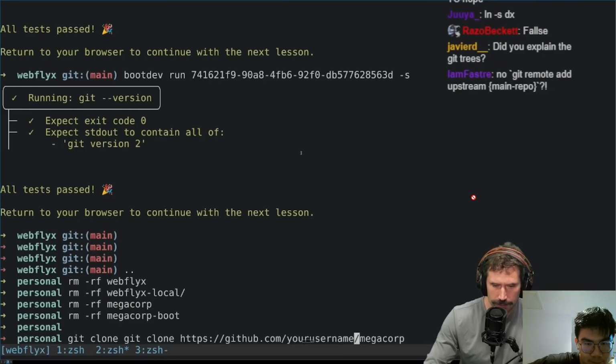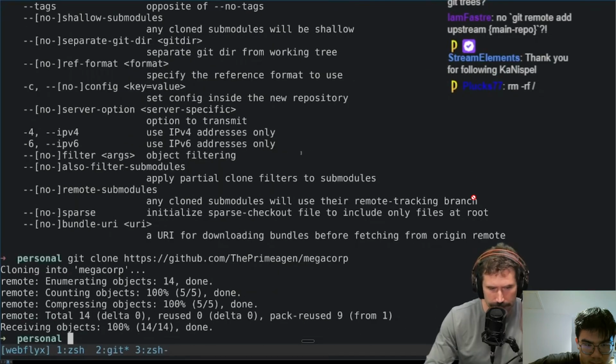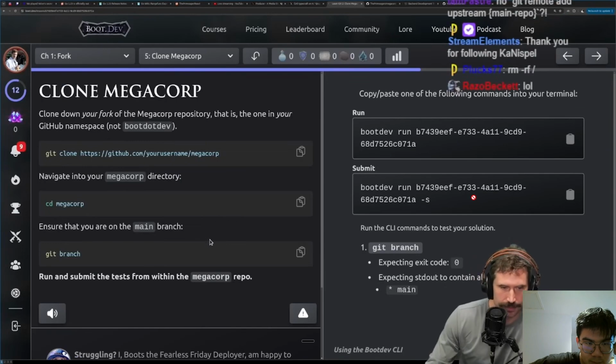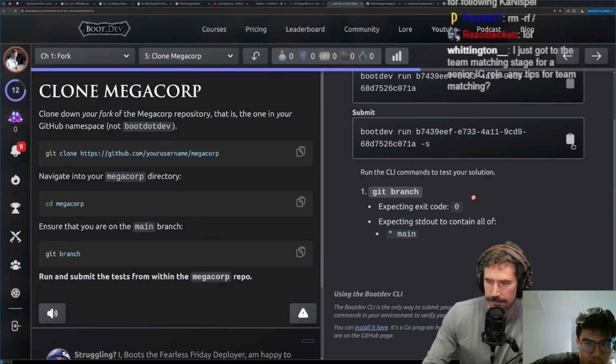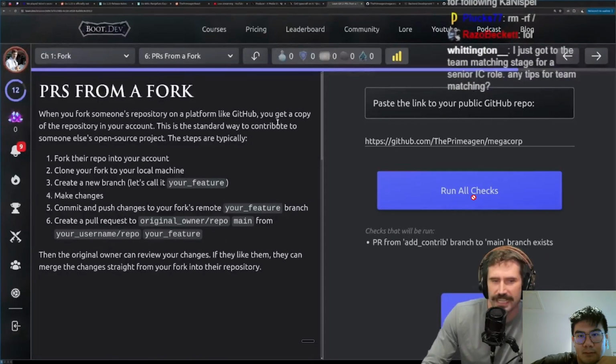Git clone ThePrimeagen. Git clone ThePrimeagen Megacorp. Vim. We're in. There we go. Perfect. All right. We're in. Okay, so let's start doing this whole thing, because this is the one that involves a bunch more